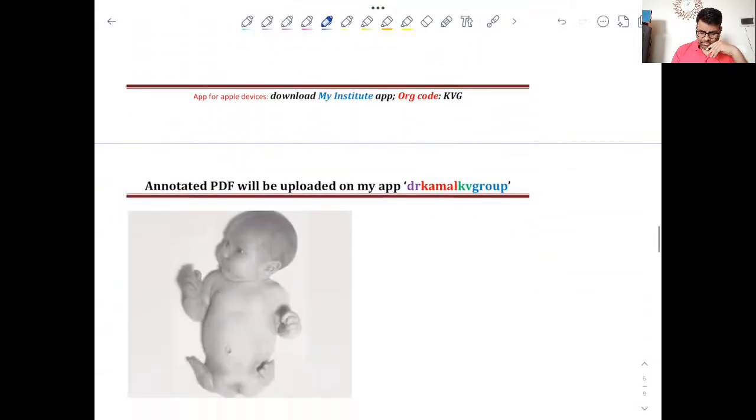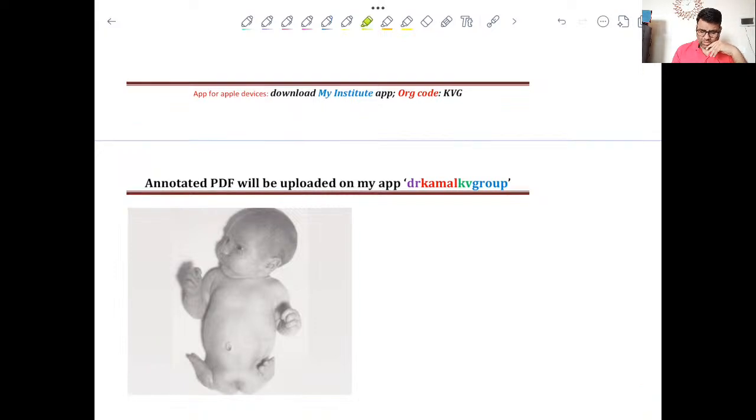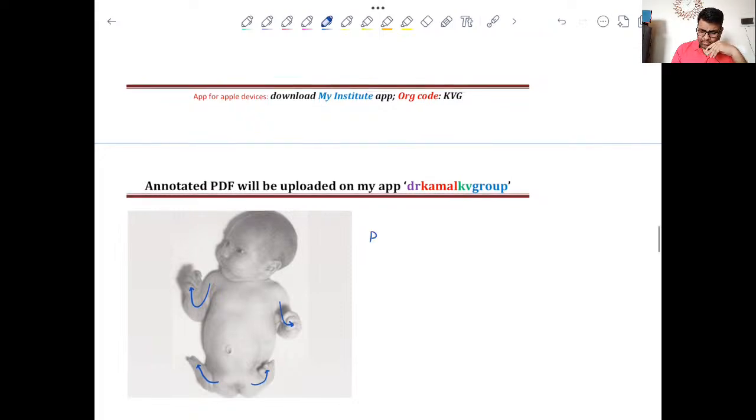Then moving forward, which drug can cause this kind of appearance? I think this is one of the easiest questions and everyone can answer this. Now if you look at the limbs, straight away there are toes, right? So straight away there are toes, no intervening thigh or leg. At times we have similar things in the upper limb. So straight away fingers and all. So that is the classical phocomelia, right? This is phocomelia and this was seen especially with